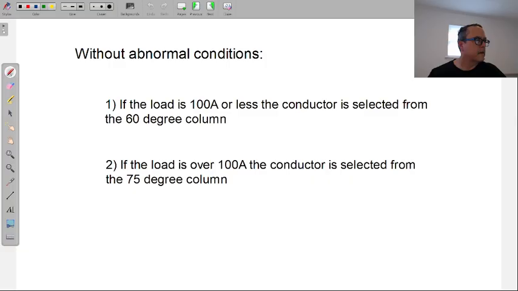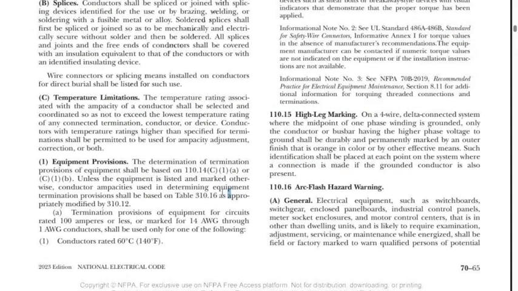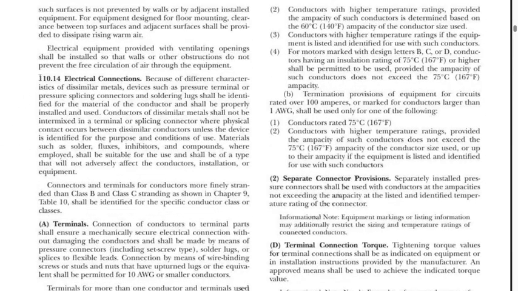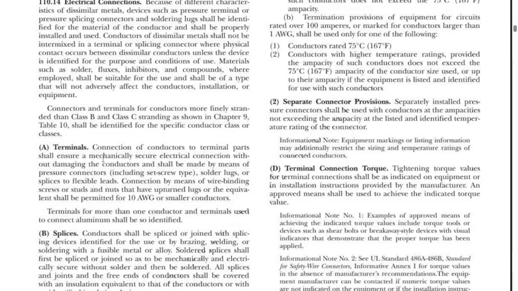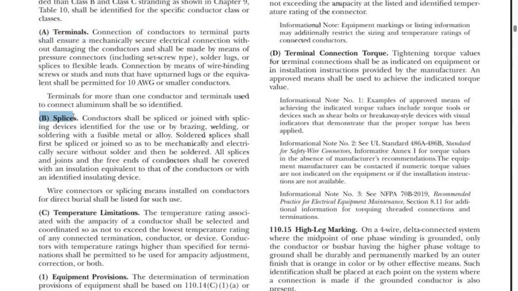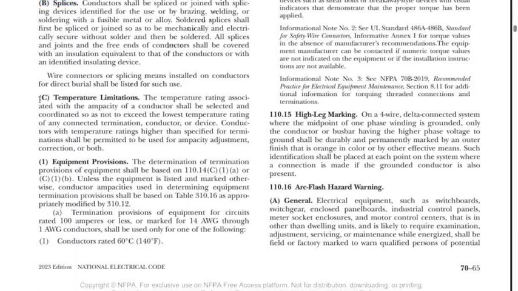There we go. All right, there we go. Comes out of this code section here. All right, let me back up a little bit just to show you the code section. 110.14, electrical connections, because what that really is more so about is the termination points that we're using. You should have covered this, like I said, in Code A when you talked about temperature ratings for the terminals that we're landing our wires. When you splice conductors, conductors have a temperature limitation, as I was just discussing earlier. That's what the ampacity is.